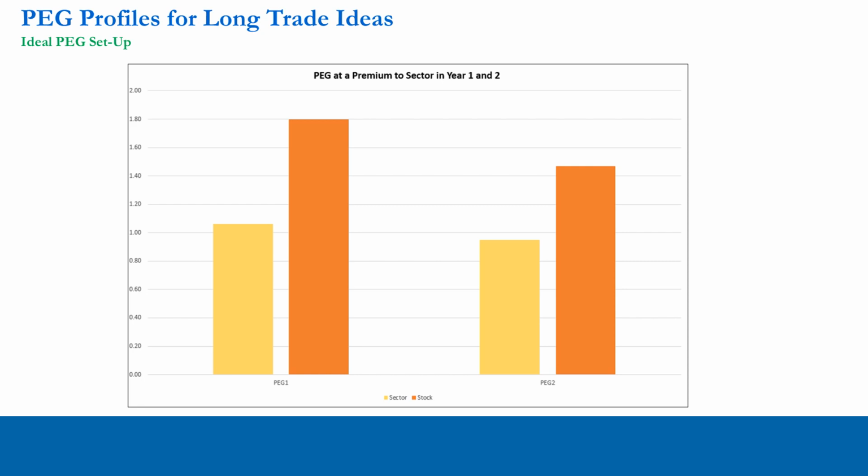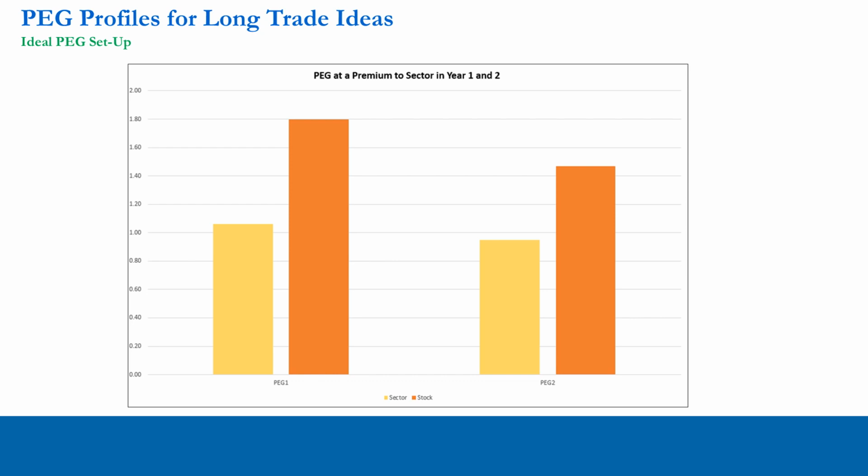So remember, this is when we have in the formula obviously a positive stock price, but we also have the backdrop of positive EPS and sequentially positive earnings growth momentum. So when we take the positive high PE and we divide it by the growth rates, we get a positive number for the PEG. So the market is paying a premium for the growth rate of the stock relative to the sector.